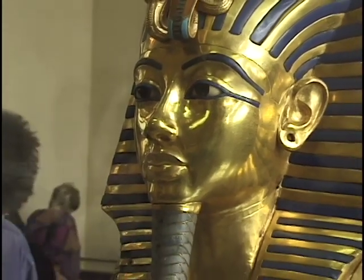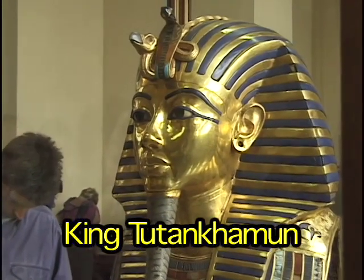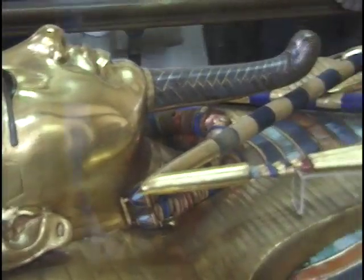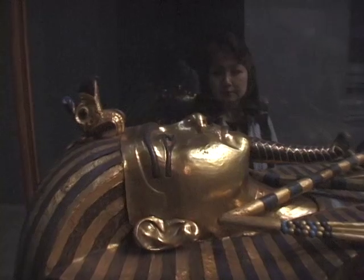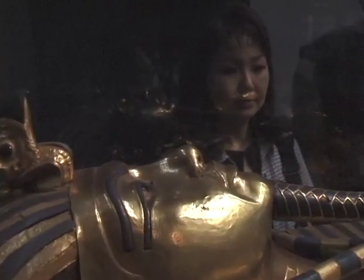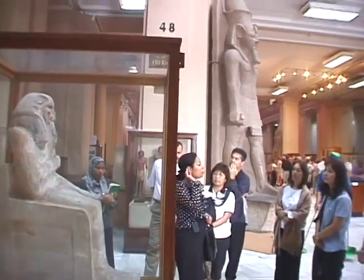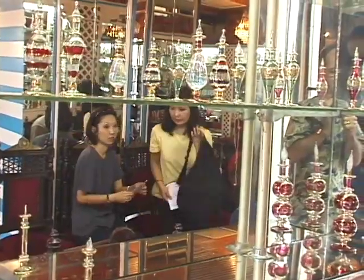And the other great highlight is the Egyptian Museum with its masterpiece, the gold mask of King Tut, and the 2 golden sarcophagi of Tut, the treasures of a pharaoh. They have an amazing collection here at the Cairo Museum. We went through it with our guide Dina, who told us all about the relevance of the different statues,